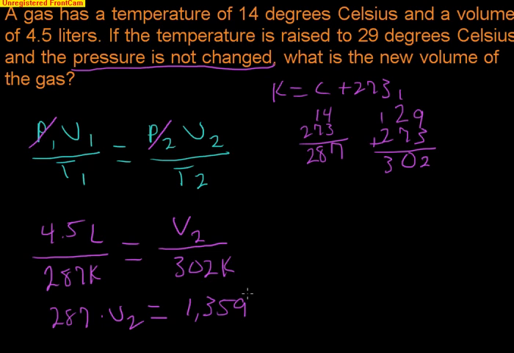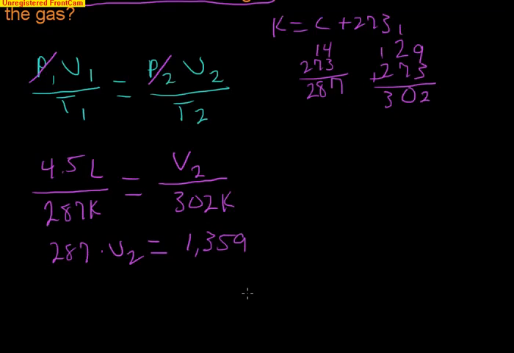At this point, the next thing we have to do to solve for V2 is divide this side by 287, and then divide this side by 287, and we get V2 to come out to be